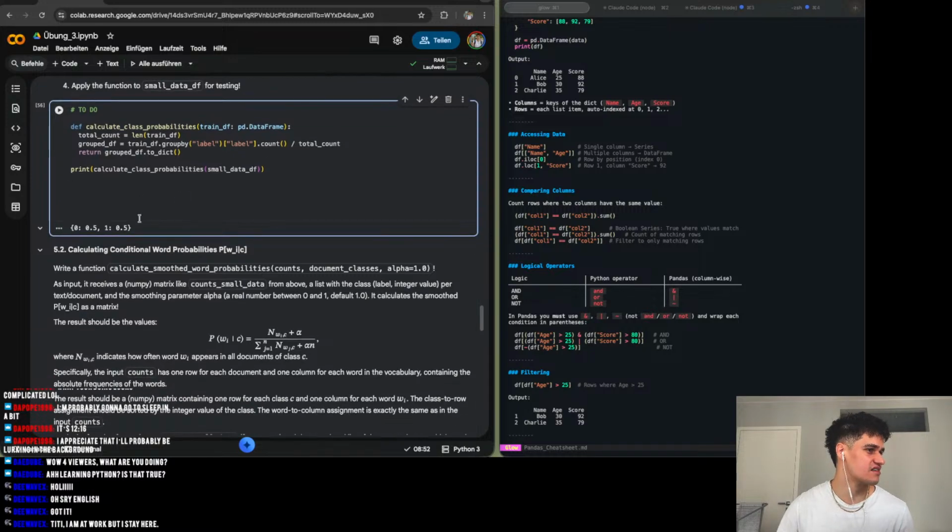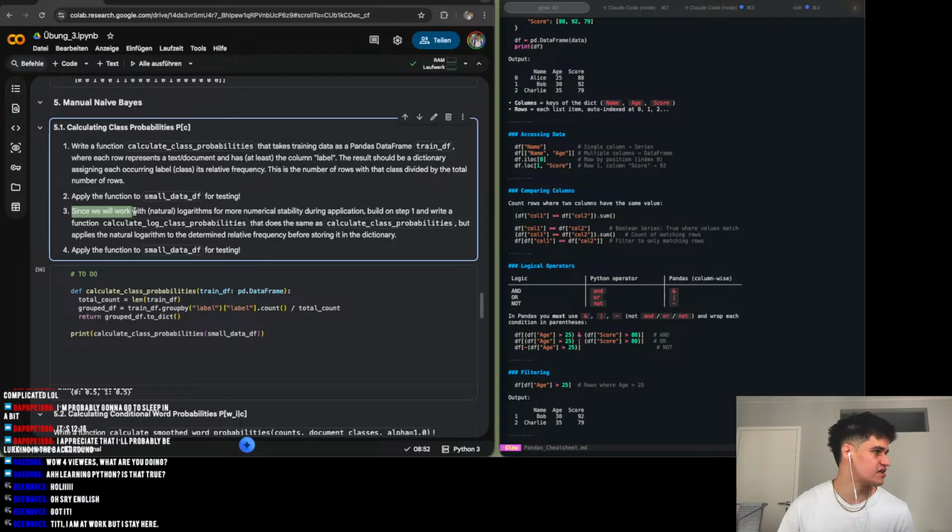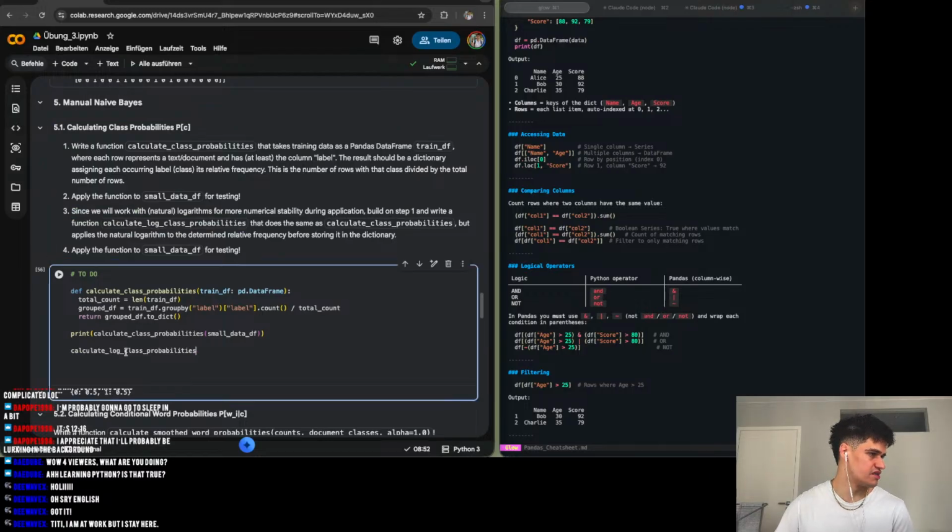Let's go with the next one. We applied it. Now we do a new one where we do the log class probabilities. And if I remember the class, this was because probabilities can get very small, and at some point they can be so small that they just get,